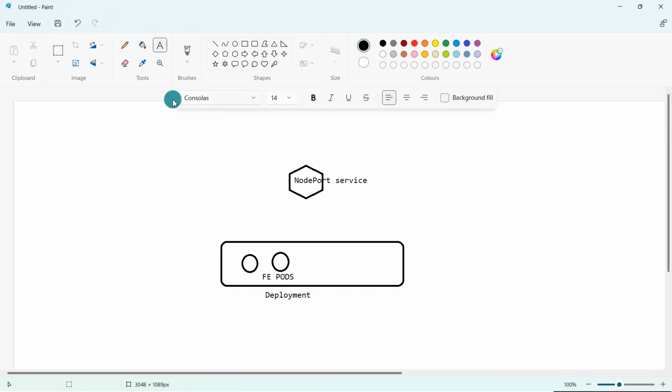and if I try to access this node port service, then internally the request will get redirected to this pod, meaning the first or second pod. So 50% of requests will be handled by the first pod, and the next 50% will be handled by the second pod. So this is how things will work. But let's say this pod is capable of handling 10 requests per second, and the same for this one. But what if we got 100 requests per second to this